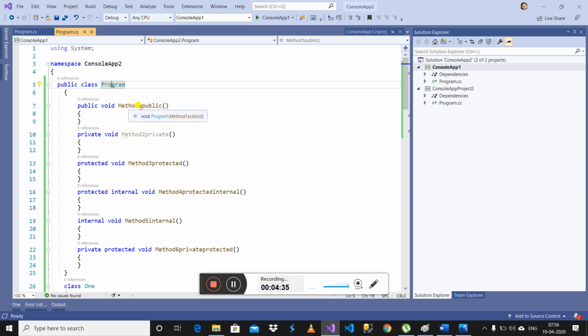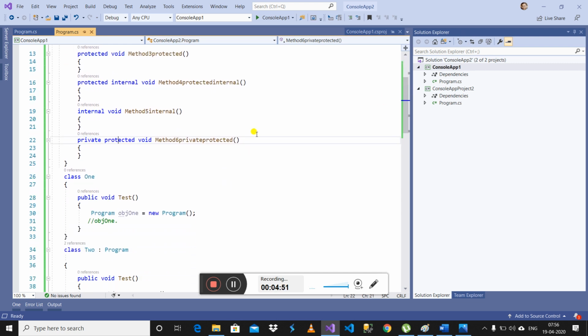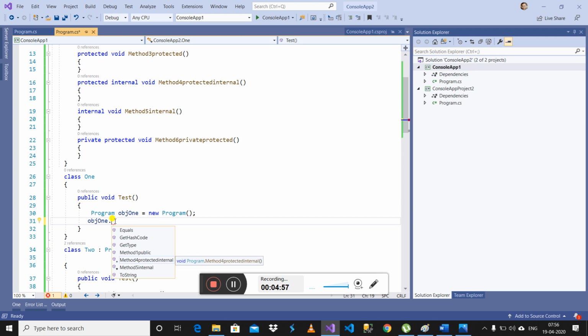In this Program class I have a public method, private method, protected internal method, and private protected method. I have created a normal class here and am trying to access the methods of the Program class. Here you can see I am able to access only public, protected internal and internal.